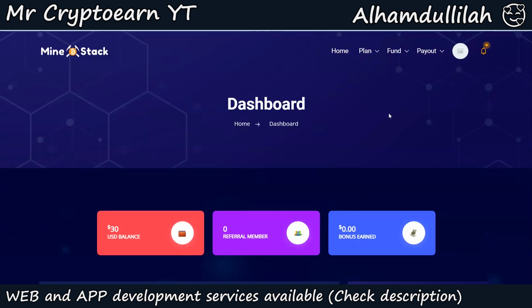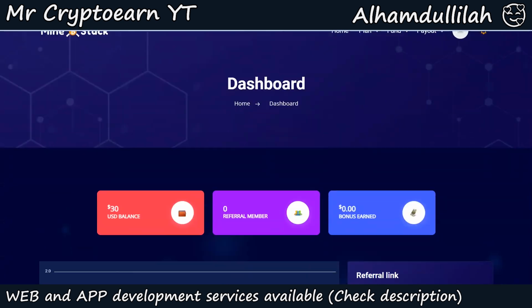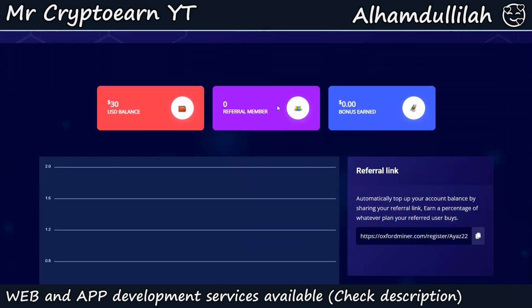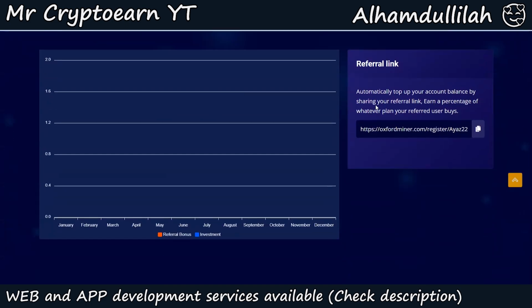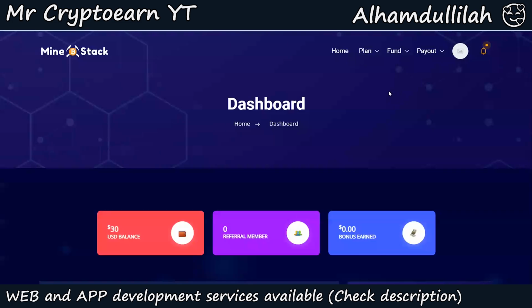account. So this is the main dashboard of this website and you can see my USD balance is $30. I have zero referrals and I have 0 as bonus earned. This is my referral link, and I can use that to earn commission. So in the plan, I can see the plan list, the purchase log, I can add funds, I can see the payment logs, and I can also request a withdrawal, and I can also see the list of withdrawal in